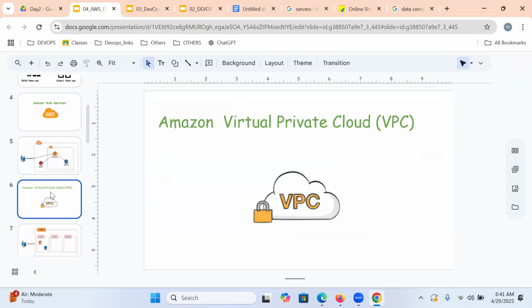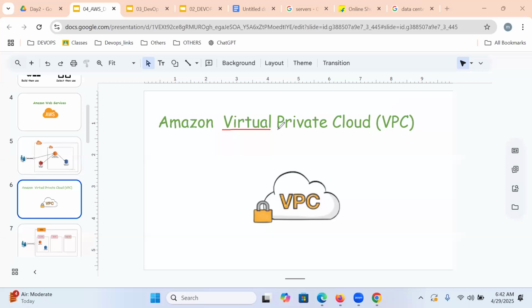What is a VPC? VPC is nothing but a Virtual Private Cloud. So first of all, what is private? Think of our office, a kind of private network. If you go to any office, the computers are connected with internet cables, and that we call a physical network. The same kind of private physical network, if we can access it over the internet, in a virtual form, is nothing but a VPC.